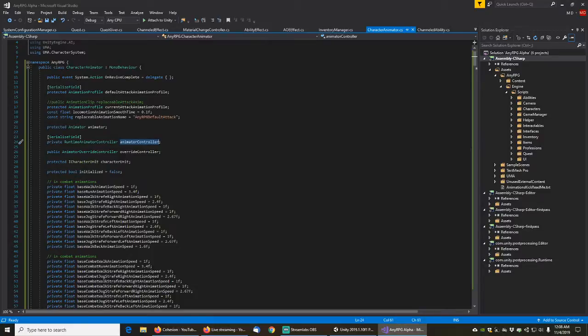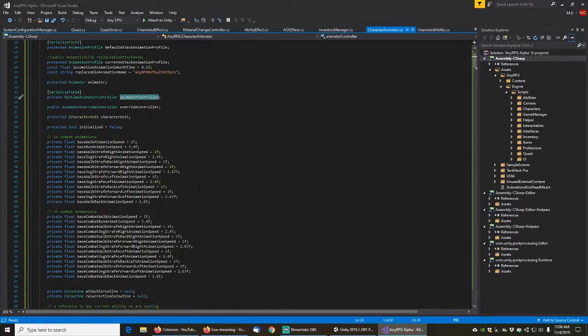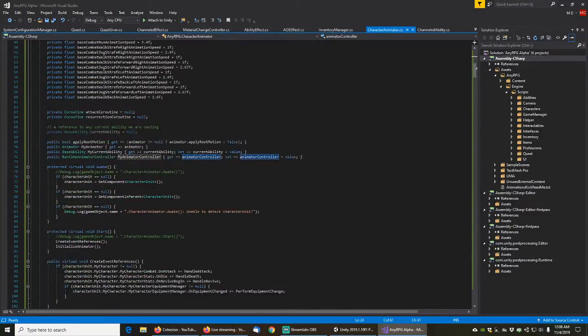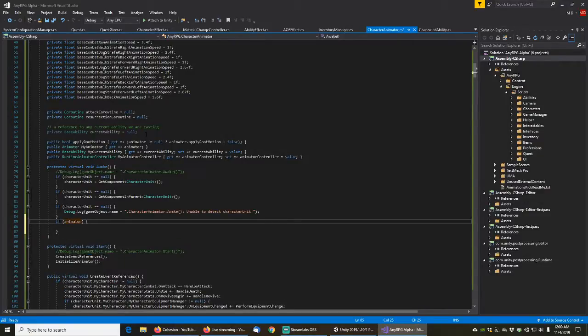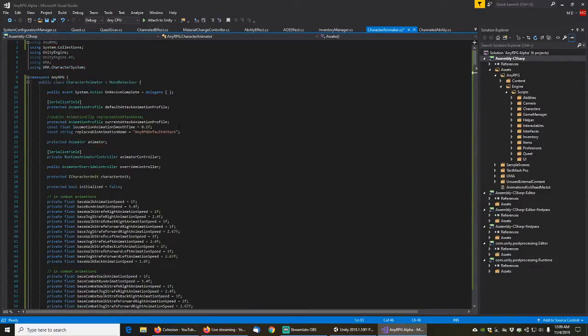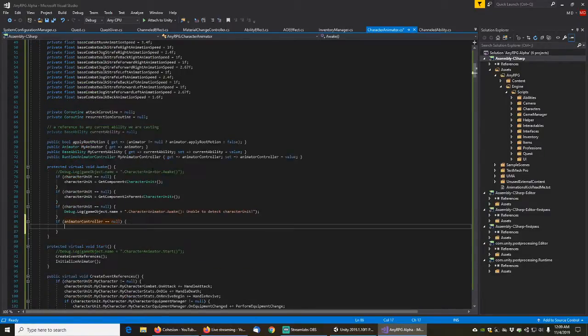There, so the character animator right here, if the animator controller is null, so we want to go into the awake method here and basically go if animator controller equals null, then